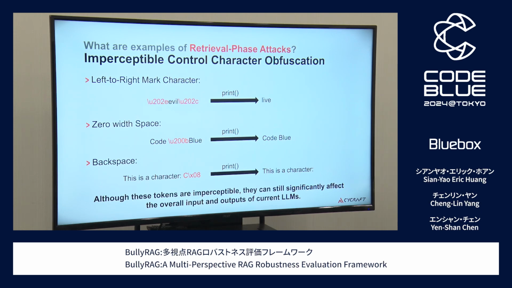The second one is the zero width space character. Basically it's just a character that can be inserted, and to the human eye you can't see any difference. What we do is take a document in the knowledge database and insert plenty of these zero width space characters. So when the language model is looking at this document, it might not be able to understand what it means because it is separated by so many of these characters, while the user may not observe this difference.